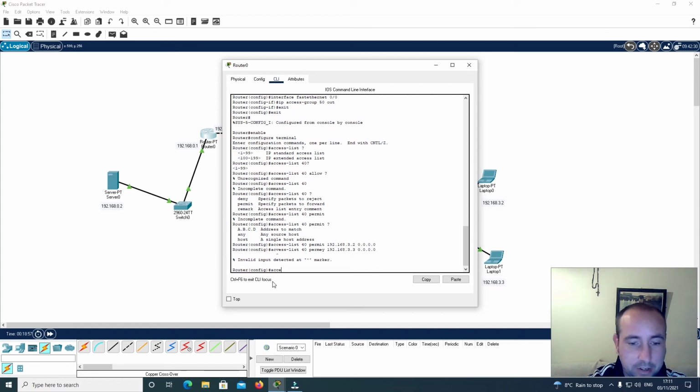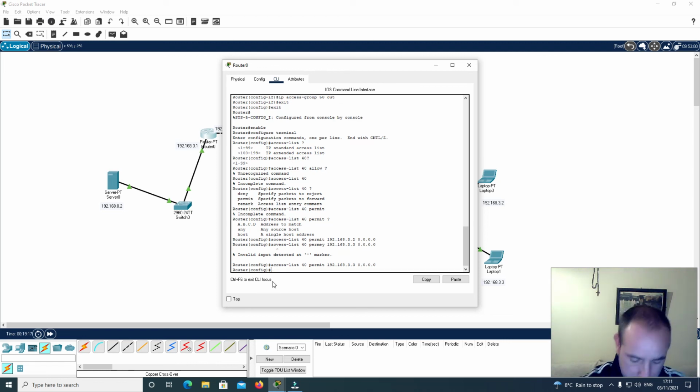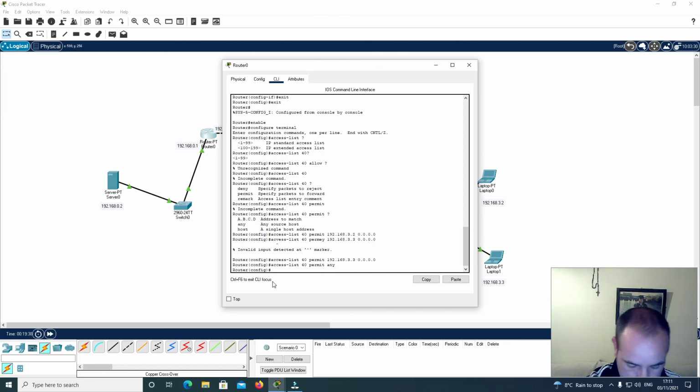I misspelled access there, so I'll type in 192.168.3.3 0.0.0.0, and then I type in access-list 40 permit any,